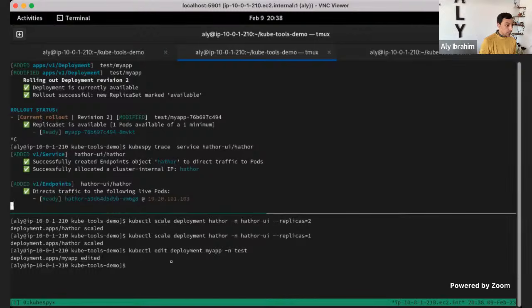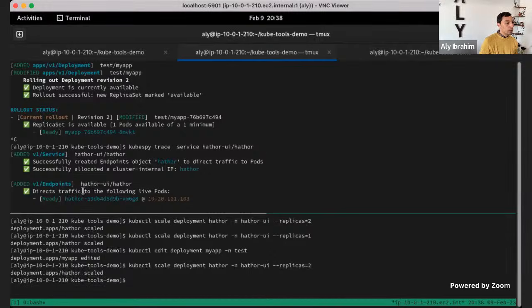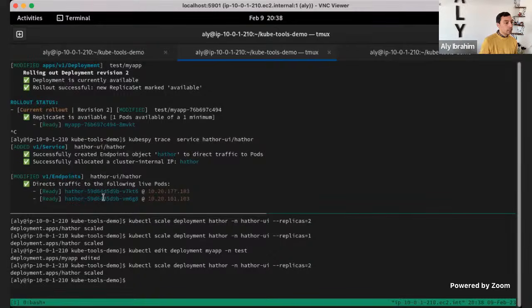If we go back here and scale it again to 2, a new endpoint will be created and added, and this is how the load balancing will happen between these two pods. It's very good to keep tracing your things and learn about it. Maybe after some time you don't need to, you can just check events, but it's a very interesting tool that gives you visibility into what's happening behind the scenes.